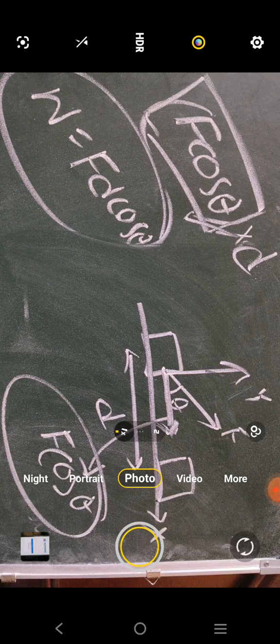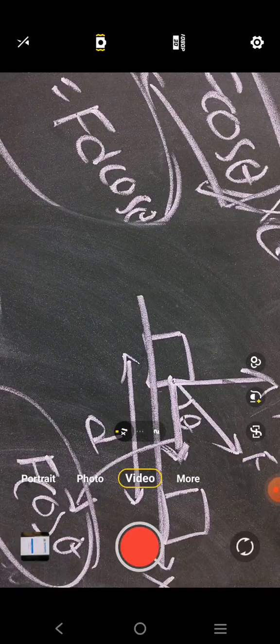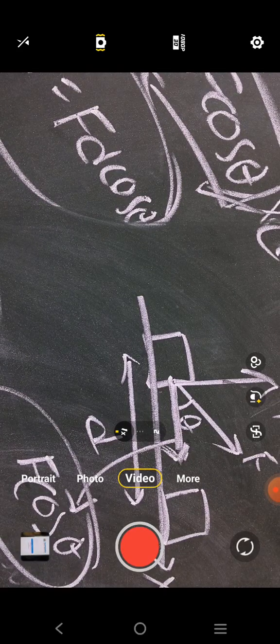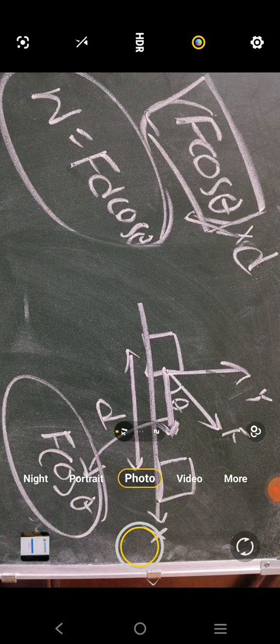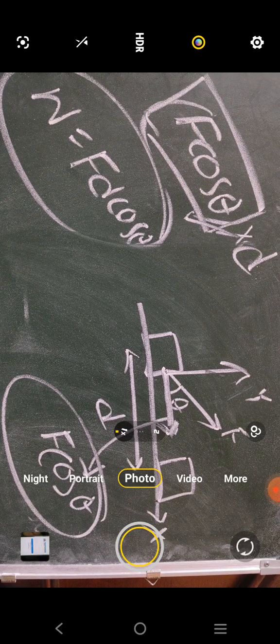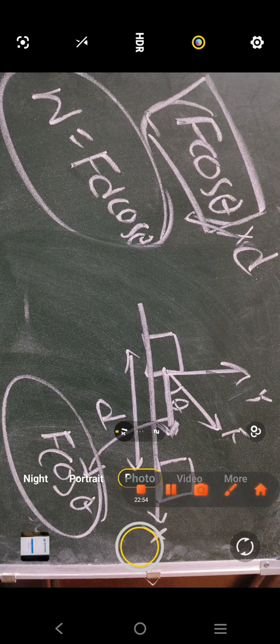So work done equals F d cos theta, that is, F vector dot d vector. Okay, this is the basic of the